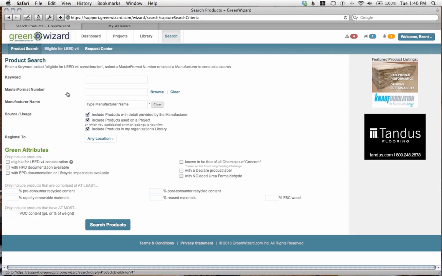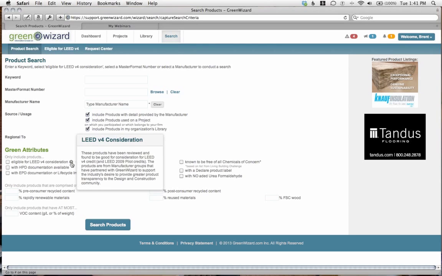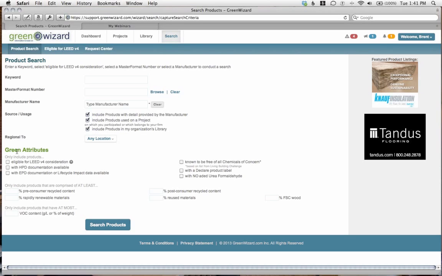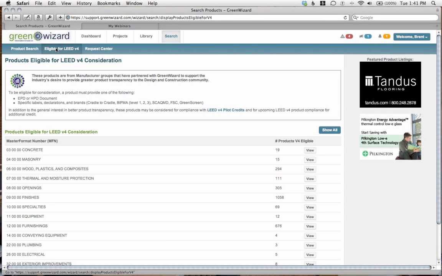So right at the top of the page, you'll see in our sub-navigation here, there's a new section that says eligible for LEED v4. It's also in the section down here below where it says eligible for LEED v4 consideration. There's a little question mark you can pop up and get a little information on. Also important to note is some of the other criteria search that we've now listed in the system: HPD documents available, EPD or LCA documents available, etc. So important pieces, and I'm going to walk you through a whole bunch of variations on how we've determined specific criteria to find. So if I go here to eligible for LEED v4,